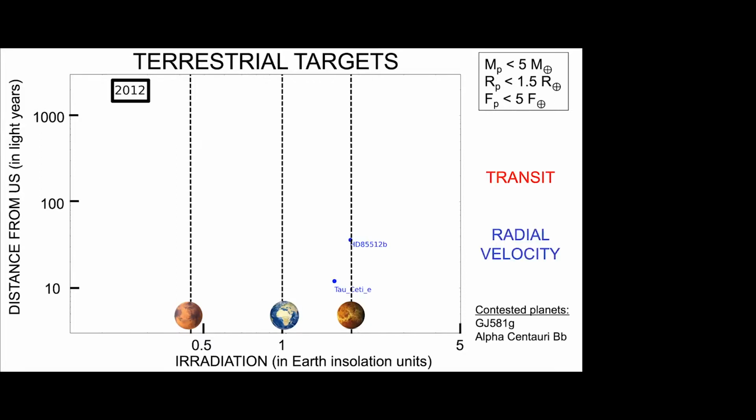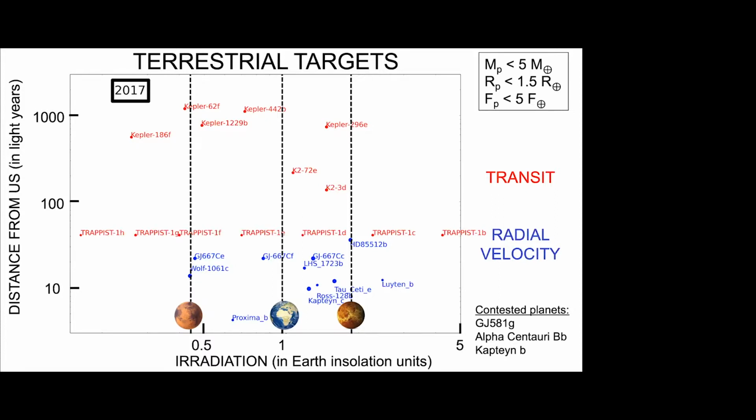I had to do some archaeology because I'm too young to have lived what I would call the GJ 581 g controversy. But I actually realized that the first planet that was discovered in this regime is HD 85512 b. It has not been contested yet. So maybe it doesn't exist, we don't know yet. But this is potentially the first planet in this region that has been discovered. Then starting from 2011, we started to accumulate a lot of interesting targets in this range, such as GJ 667C and then the GJ 667 system. And then we started with Kepler and K2 to have some transiting exoplanets.